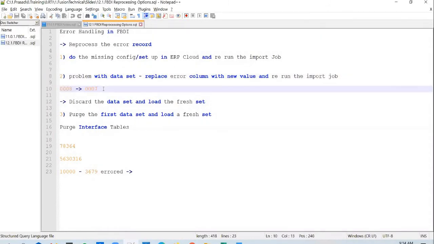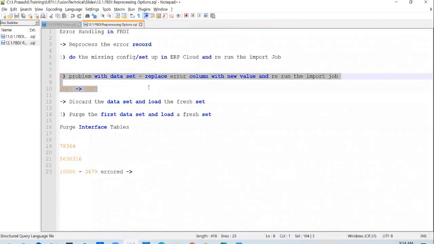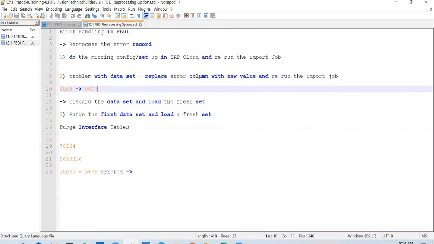Some of you might have already thought that this option might not be feasible every time, right? Sometimes the client might simply say that I have given a wrong file, which is absolutely rubbish, please discard it, I'll give you a new file. Or sometimes he might ask you to make some changes which are quite complex to achieve. So you have 1,000 lines in a data file, and based on conditions, you need to update the fields to different values based on different columns. So it's not a simple, straightforward replace like 0008 with 0007.